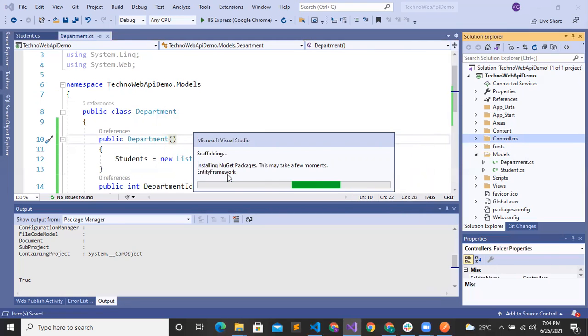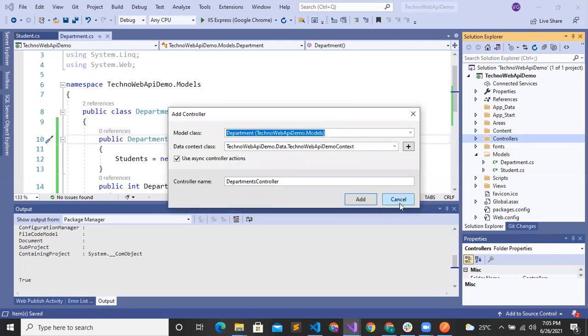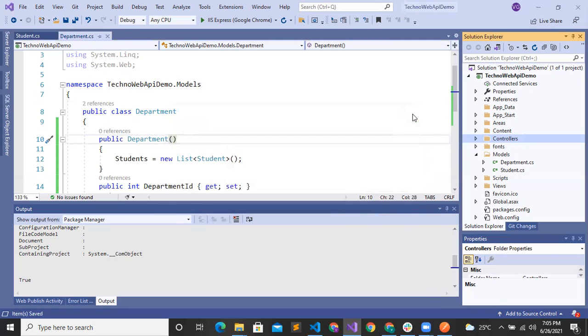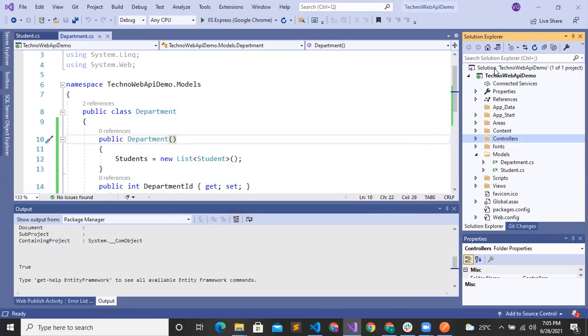The first time it will take time because it will install NuGet packages such as Entity Framework. If you are getting an error like this, just click OK, close all the open windows and rebuild the solution.